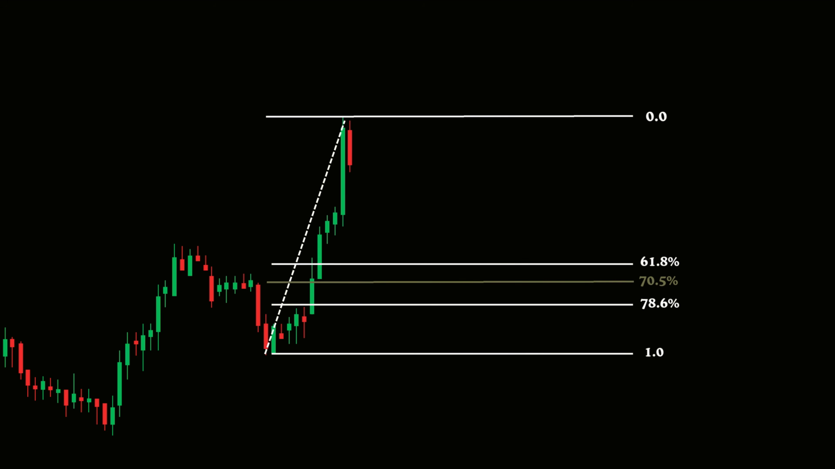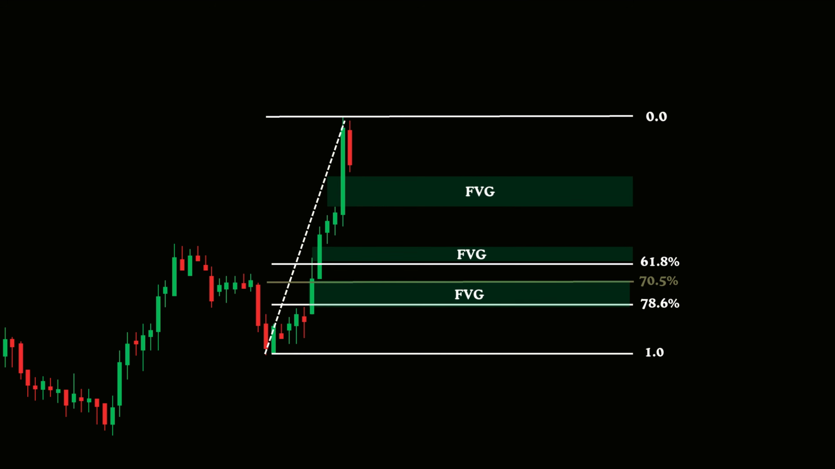Now shifting our attention to the left side of the chart, we notice that the previous bullish move left behind several fair value gaps. These areas act as inefficiencies in price and often attract the market back to them for a retest. Notably, one of these fair value gaps aligns perfectly with the optimal trading zone. This confluence strengthens the area as a support level and makes it a logical zone to look for long opportunities